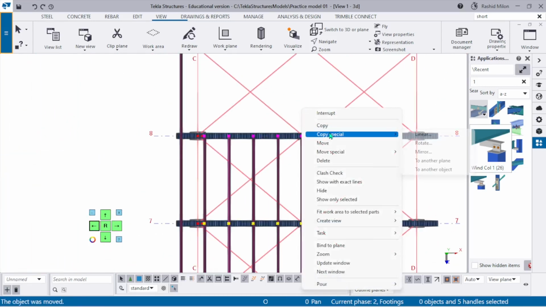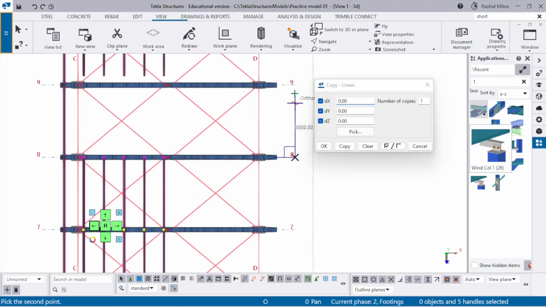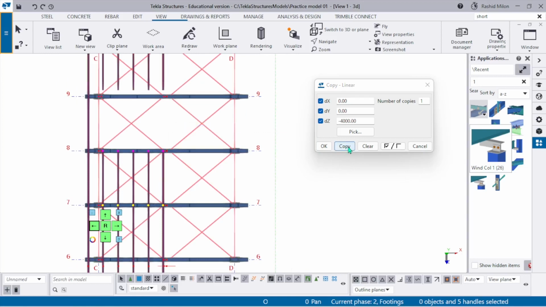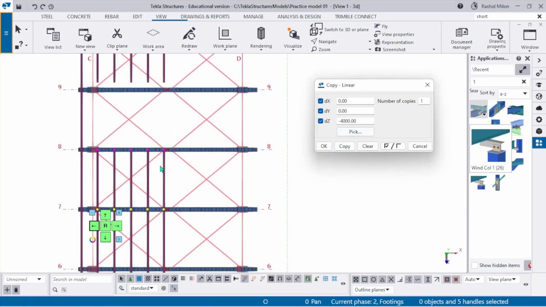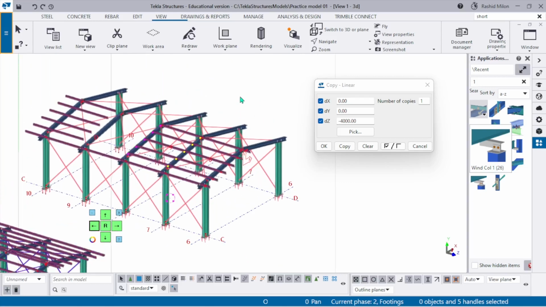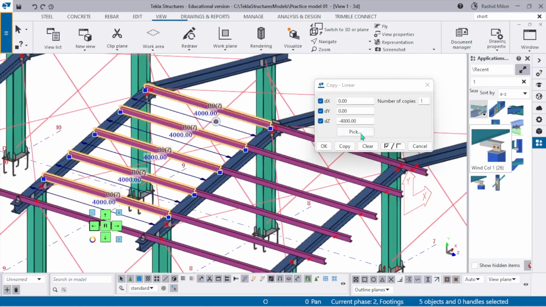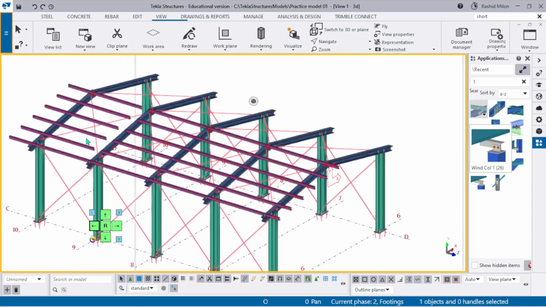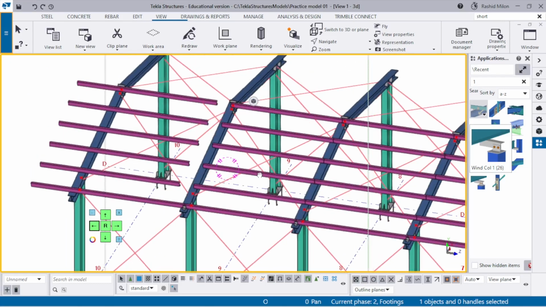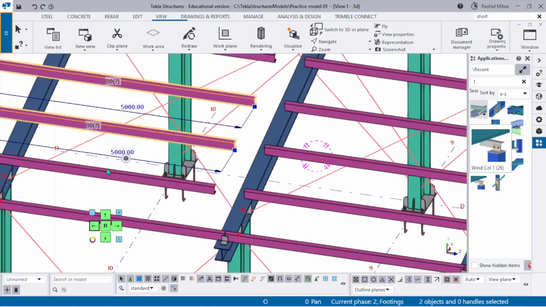Okay, so now we can copy to other location. 1000. Okay, now you can copy, number of copies, 1. Copy here to copy there. Copy. Okay, already copied. Okay, so now this one